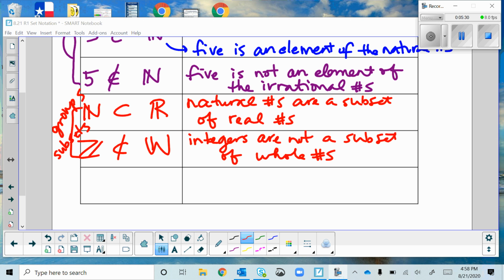So the first two examples were single elements from a set. The second two examples were smaller sets that belong to bigger sets. Sometimes we can have a set that's made up of single elements. So for example, if I wanted to write in set notation the set of the first 4 even natural numbers,